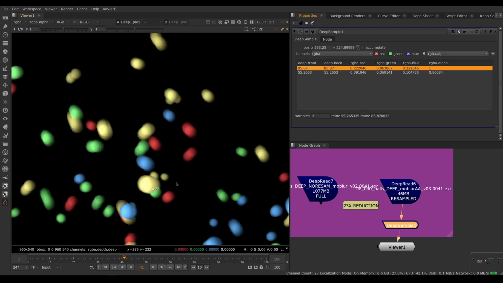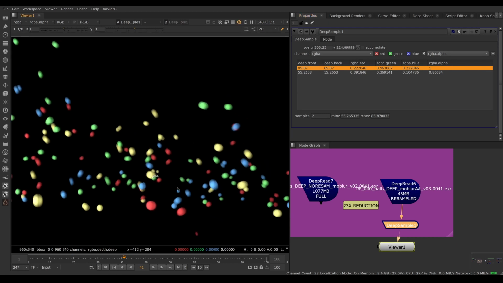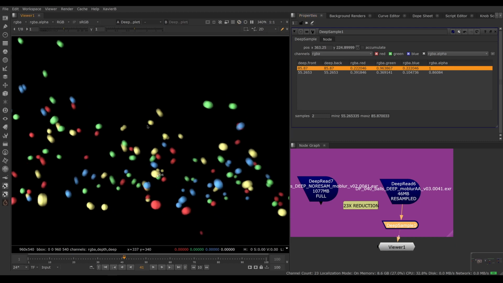So this is still a deep image. This has all the benefits of a deep image. I can do deep holdouts, deep merges, deep crops. This is a full deep RGBA image. This is not even deep opacity, and this is a full-on deep render with all the benefits of deep, and I didn't lose any quality or benefits by resampling my image,